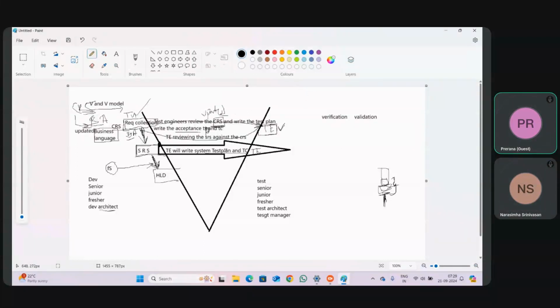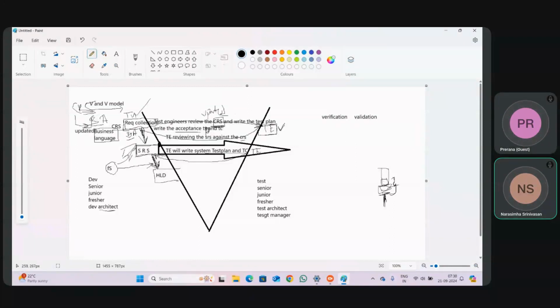Assume while you are reviewing the CRS against the SRS, chances are there we might find some defects, no? Because the business analyst is not a god, he has made some mistakes. As soon as the test engineer finds the defect, he will communicate that to whom? The business analyst. Why?